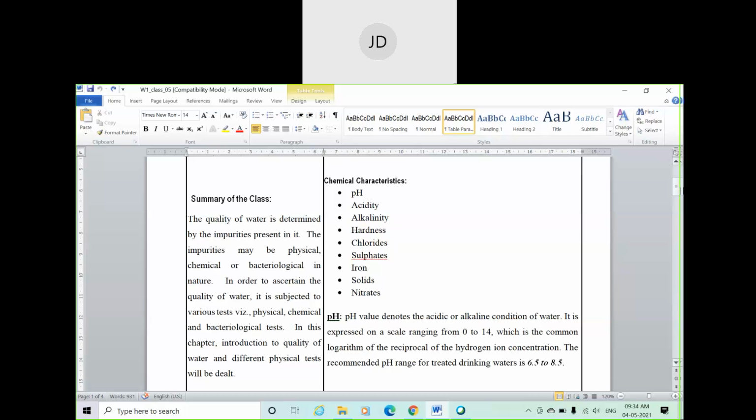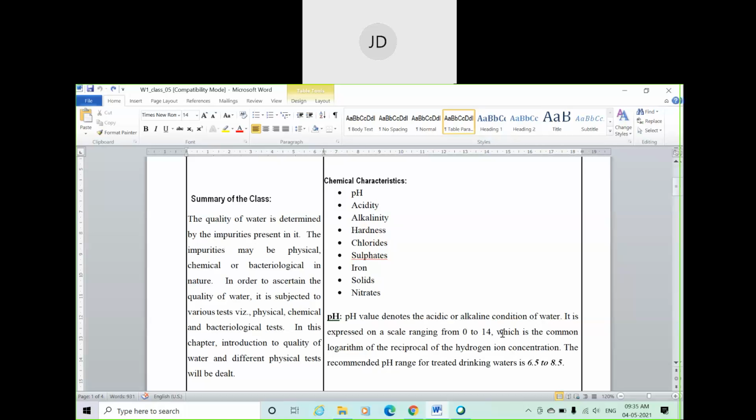Got it? So here you can see the chemical characteristics are like pH, acidity, alkalinity, hardness, presence of chlorides, sulfates, iron, different kinds of solids, nitrates. All these things come under chemical characteristics. Okay, and when I say pH, I already told you it represents what? It represents the presence of hydrogen ion. Okay, and it is represented as the negative logarithm of